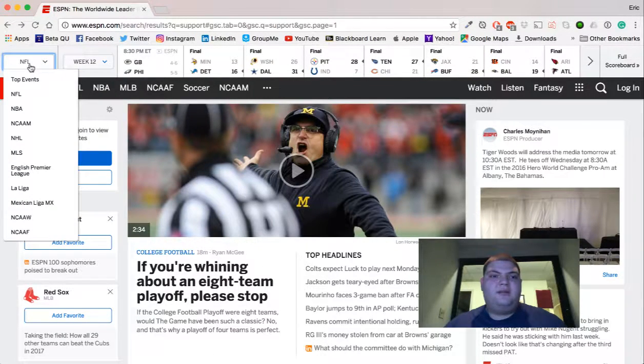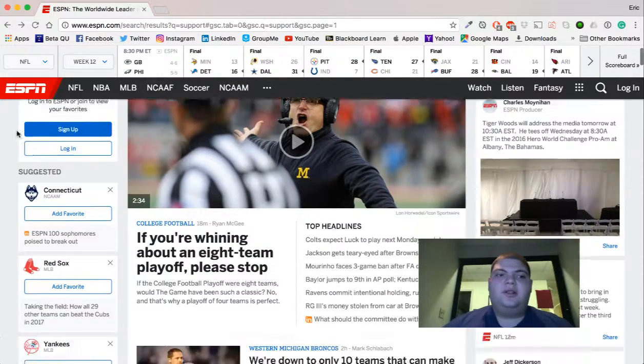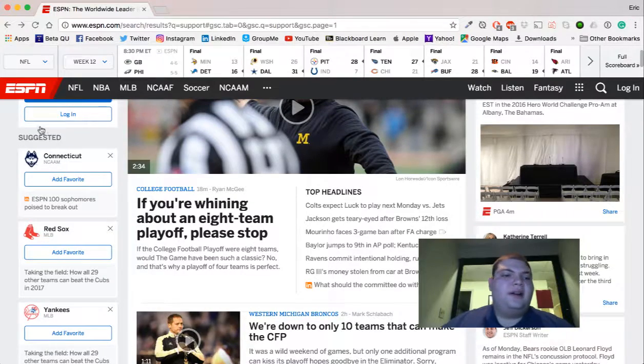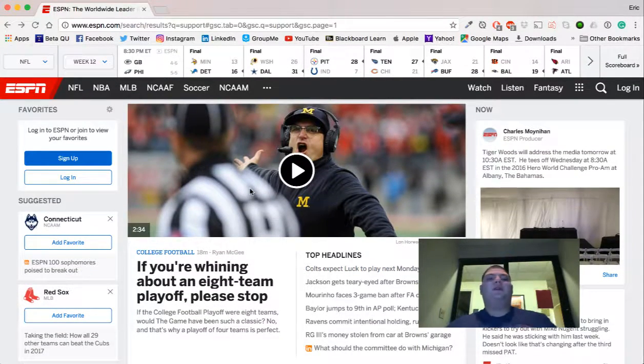This being currently at this time of year the NFL, the NBA, and the NHL within America, as well as other countries, being that soccer is a huge sport. I'm sure you can find soccer on the homepage of other countries' ESPN websites. However, the way that this user experience is broken down, ESPN recently, over the past year or two, had